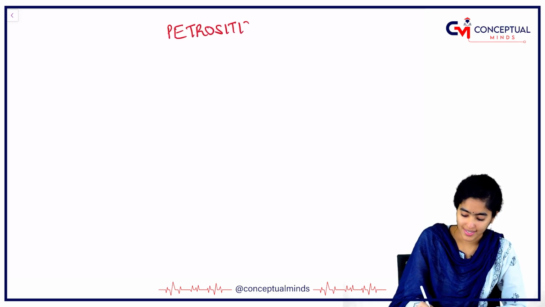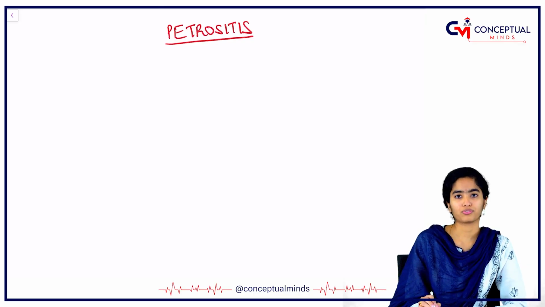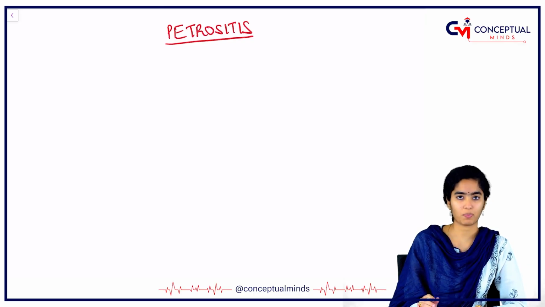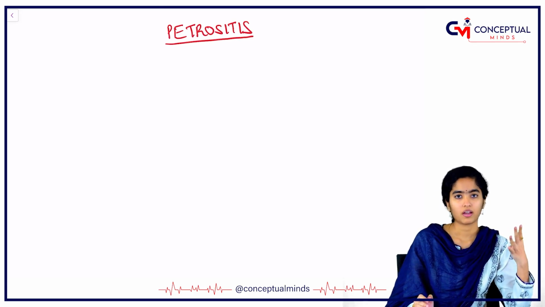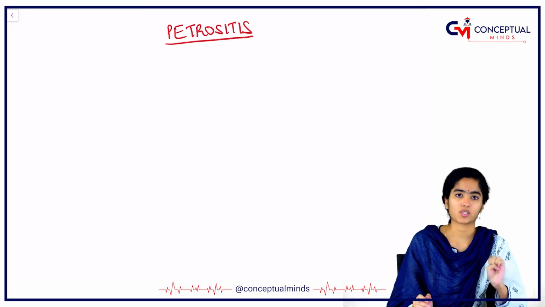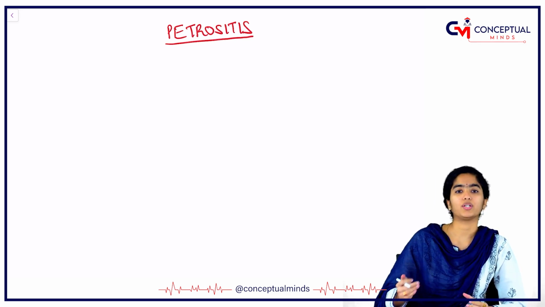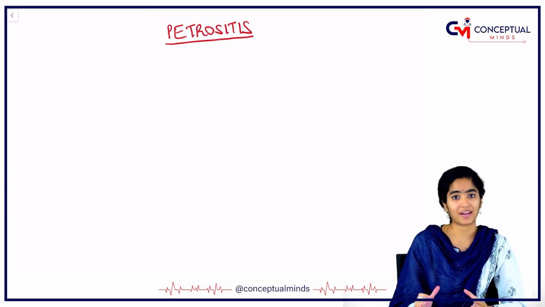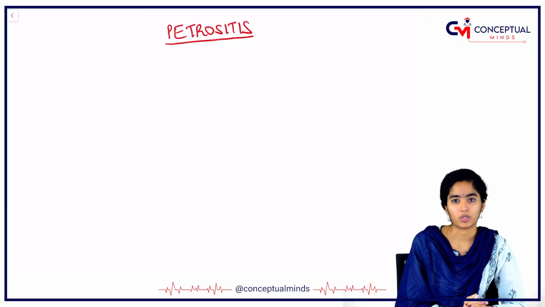What is petrositis? Inflammation of petrous bone, petrous part of temporal bone. Now we all know that temporal bone has four parts: mastoid, squamous part, tympanic part and the petrous part. Inflammation of the petrous part is called as petrositis. So the infection is spreading from the middle ear and mastoid into the petrous part of temporal bone, and that